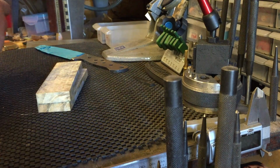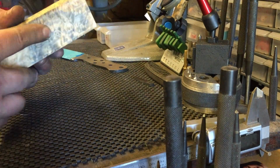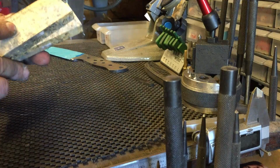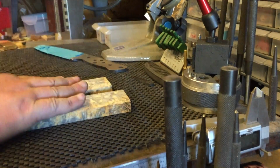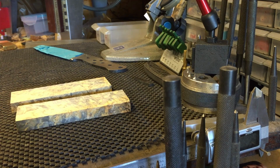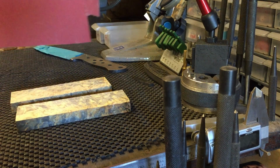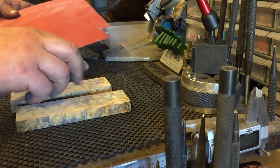So okay, liner material, we always have a look. These are screaming for red. Black, yes maybe, but red. These are screaming for red liners for me. Right, so I'll find me some liner material. Let's see if you can focus. What we'll do then is